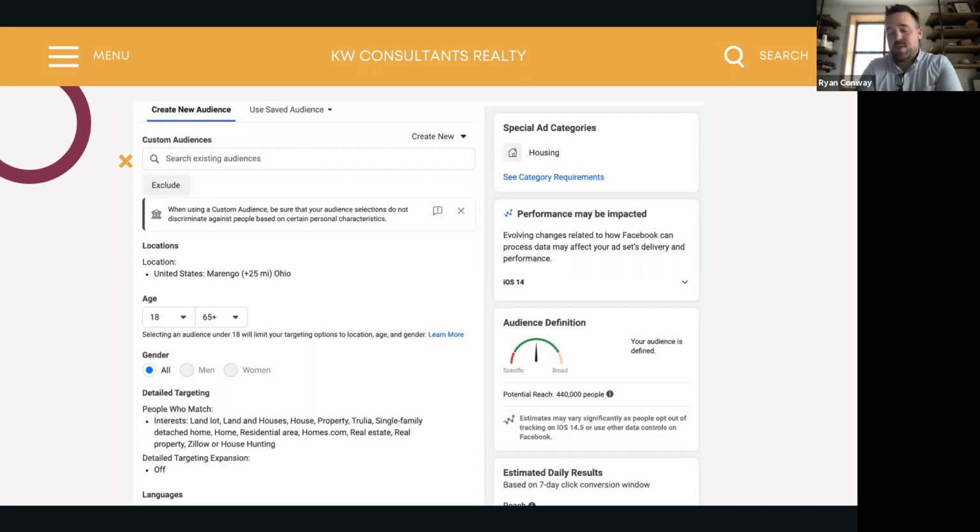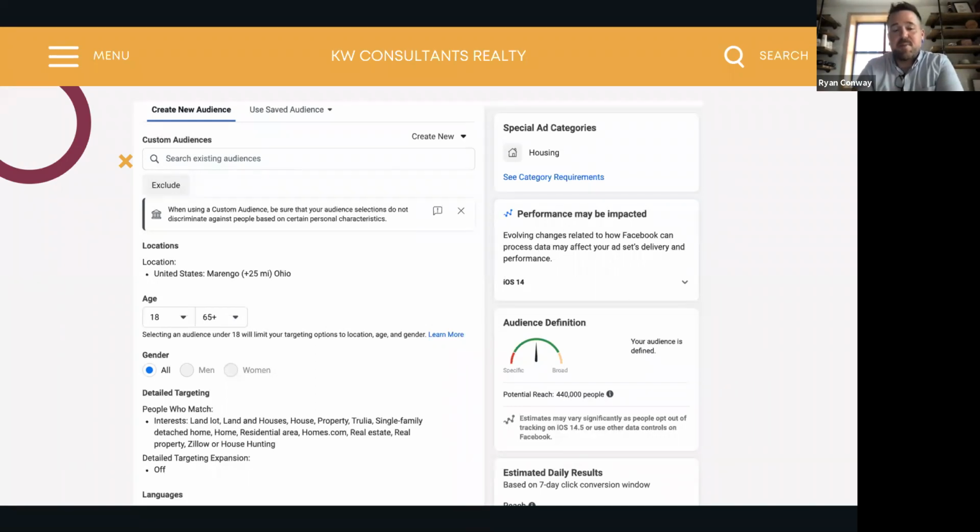This is how I'm getting in front of people that are more likely to engage with my content, by using interests. Since this was a property on just shy of 2 acres in a more country, rural type area, I put in things like land lot, land and houses. And these are not just keywords I made up and started typing in.